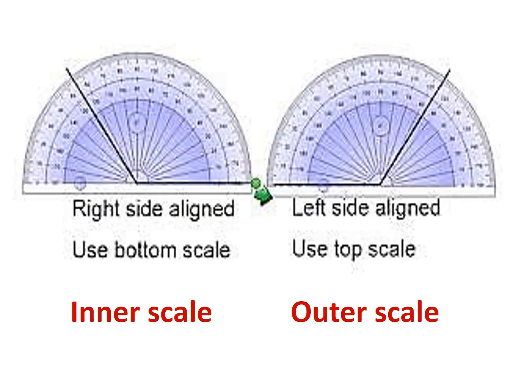You should always keep two things in mind when you measure an angle. If the arm of the angle is lying on the baseline on the right side of the center, then to find the measurement of the angle, you will read the bottom scale or inner scale. And if the arm of the angle is lying on the baseline on the left side of the center, then to find the measurement of the angle, you will read the top scale or outer scale.